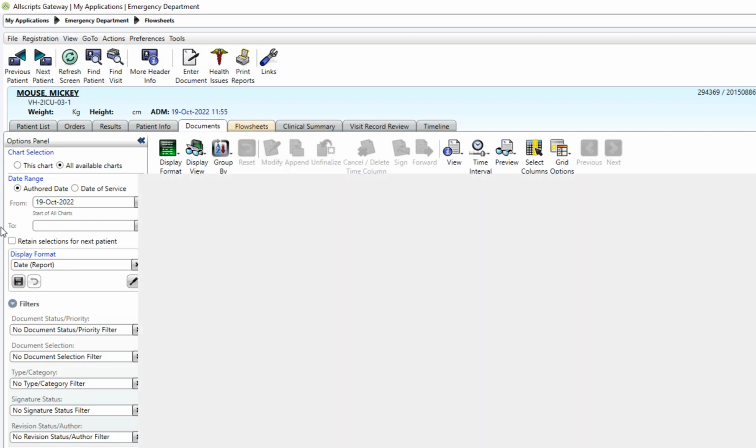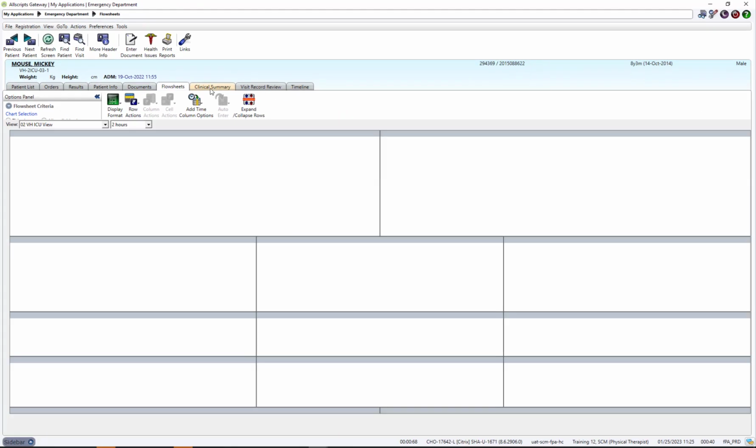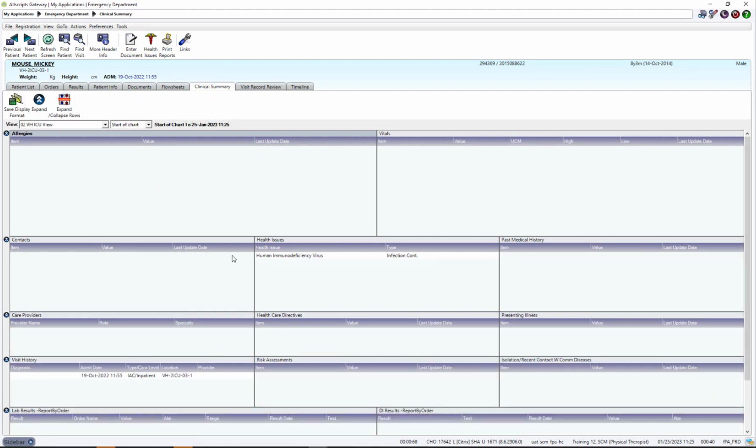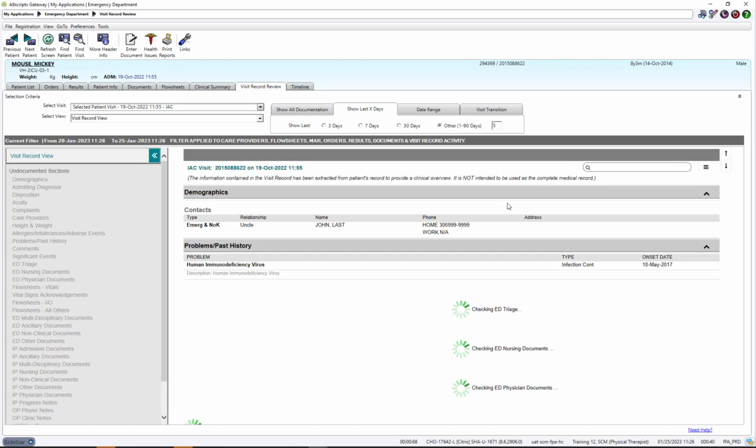Flow sheets link to our vital signs, which of course are done on only our medicine and surgical units. The clinical summary tab is a number of tiles that pull information from different documents as well as from the registration system and lab to just give you a quick overview of patient information. The visit record review tab allows you to review everything that has occurred within a visit